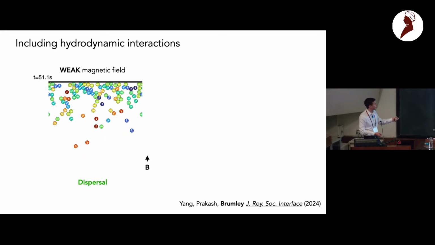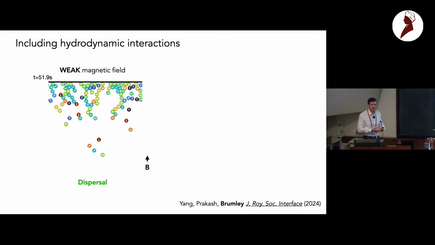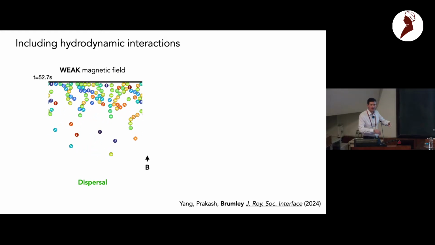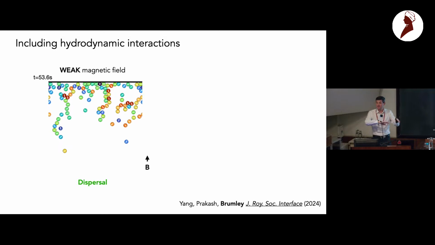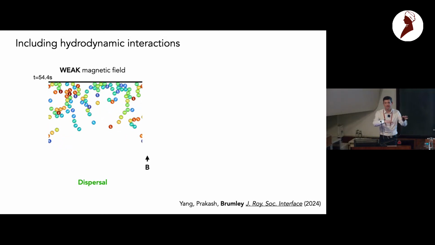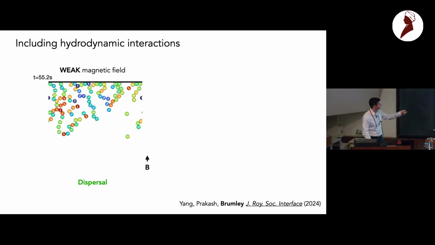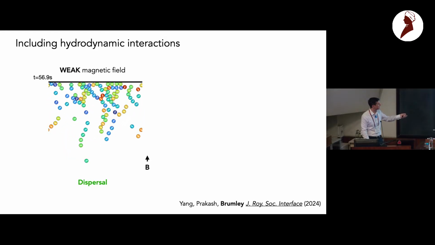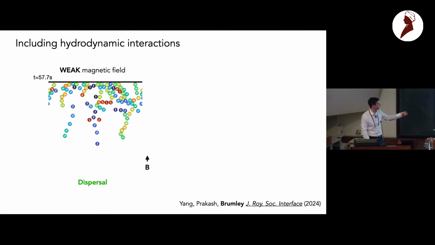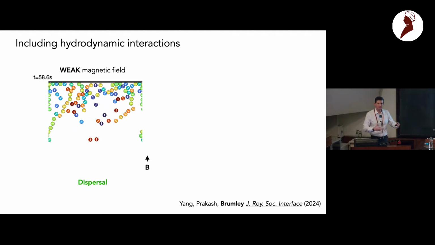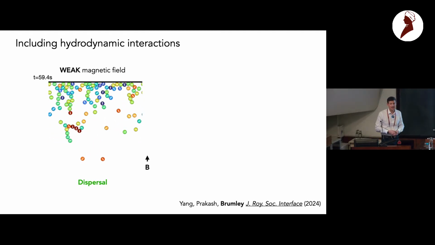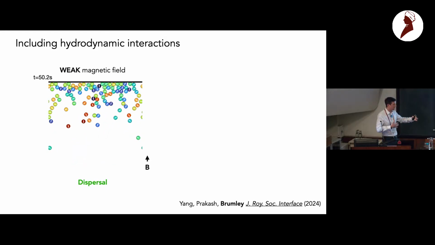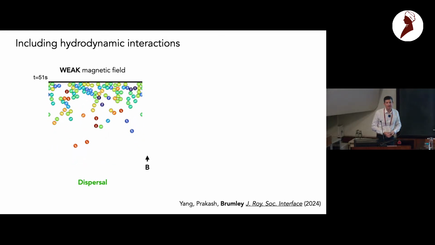They tend to accumulate a little bit, but they're also dispersed through interaction. So when they crash into each other, the hydrodynamic interactions can destabilize their orientations and deflect them and push them away such that they move away from the boundary, as you can see here. But following this cell here, you'll see that it actually turns around and eventually makes its way back. So there's a loosely dispersed state here, which is guided gently by the magnetic field to push them